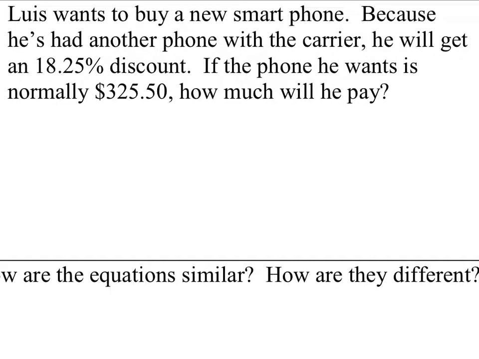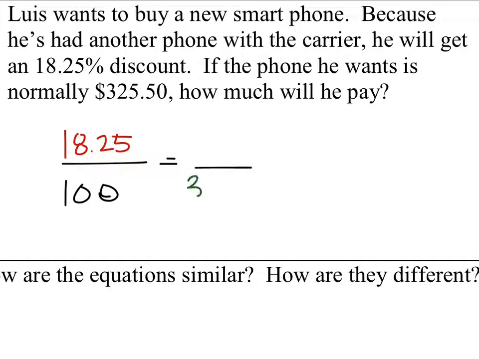So the first thing we're going to see is that we got the 100% radicand. Now on this one we can set it up pretty normally because it says the phone is normally $325.50, and we do have the 18.25% discount. So we will compare this to the